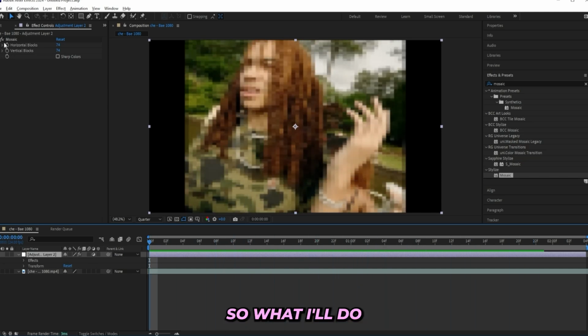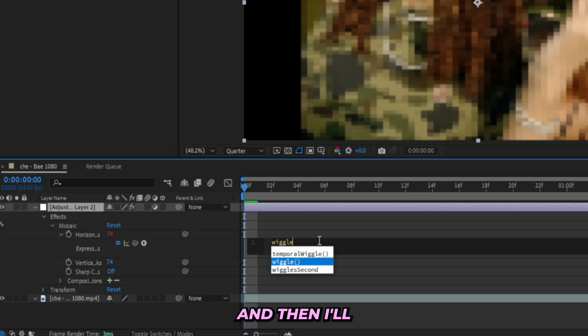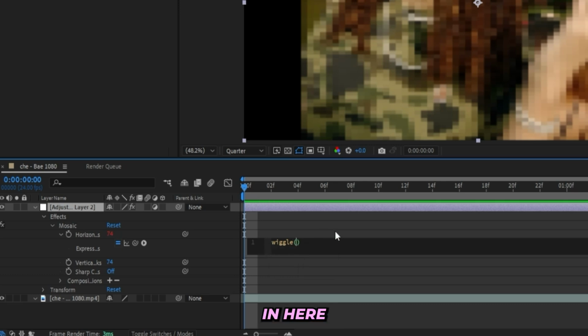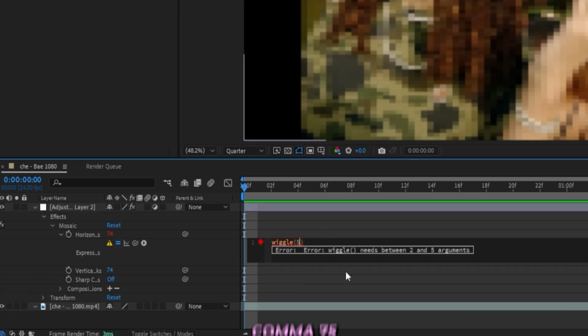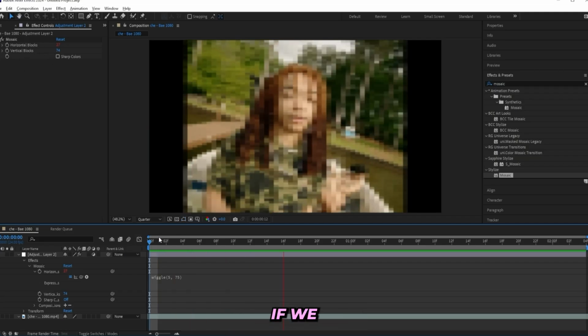So what I'll do is hold Alt on my keyboard while I press this stopwatch right here, and then we'll get this expression tab, and in this expression tab I'll type out wiggle, and then I'll press tab, and then in here I'll type out 5,75, just like this. And now the horizontal blocks are animated. If we look at it,